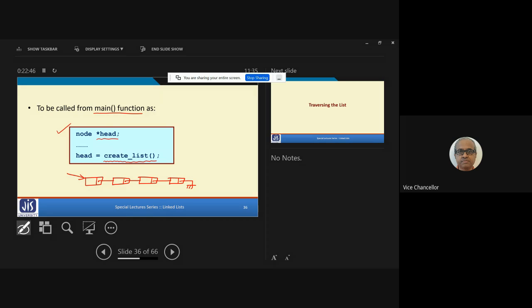Let's say it is XYZ, the starting address of the first element. So this will be returning XYZ, which will be assigned to head. So now head will be pointing to the first element of the linked list. This is how we are supposed to call this function. Okay.